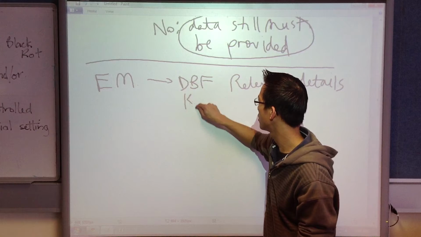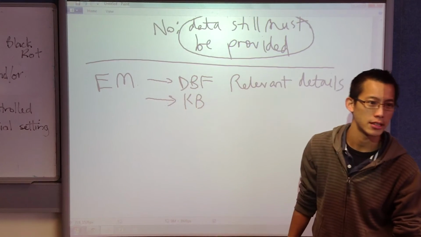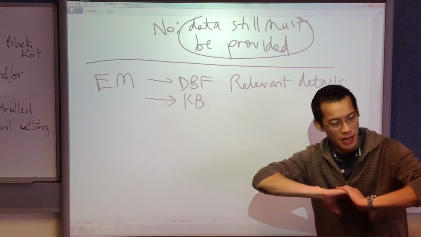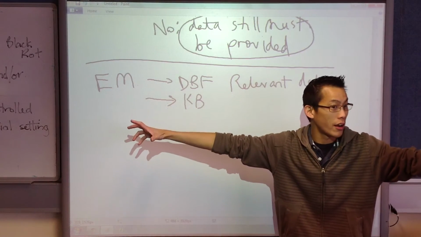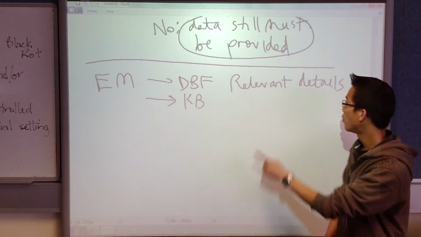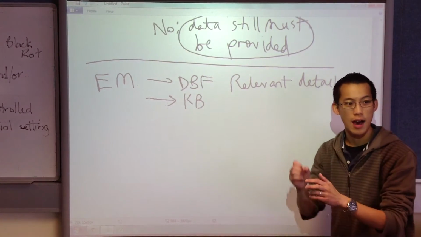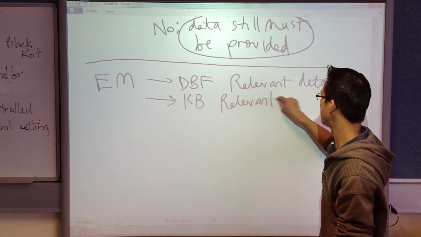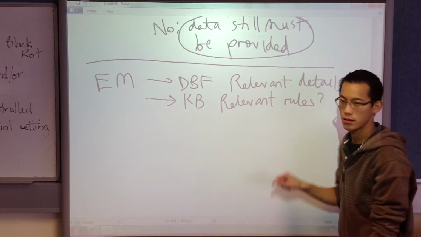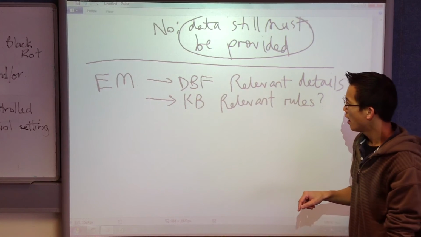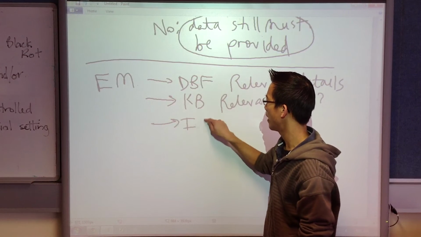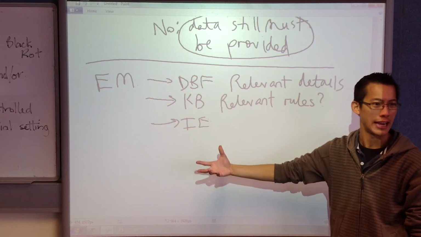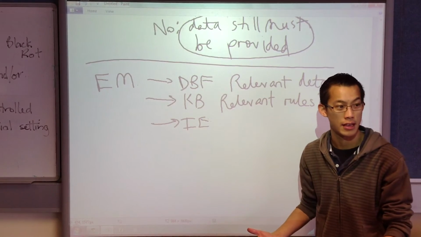Now, these relevant details, right, they interact with the knowledge base. What was in the knowledge base? Do you remember that? What does the knowledge base contain? Yeah, that's right. So it's got a set of rules that determine how it understands a scenario, right? And only some of them, the ones that relate to the details, right, will be activated, will be fired, okay? So it'll say, what were the relevant rules? Okay? And then, of course, it goes to the inference engine, right? And it says, okay, how did you actually execute those rules, and how does that actually explain what kind of decision you made in the end, okay?